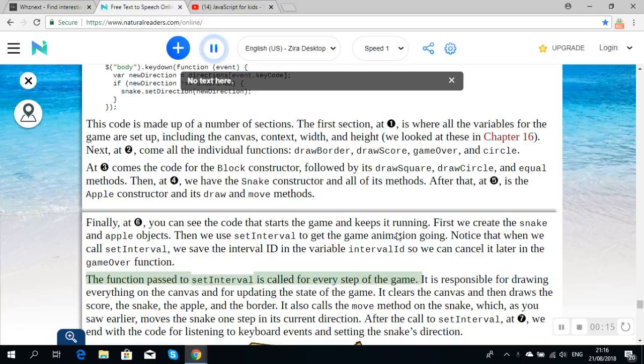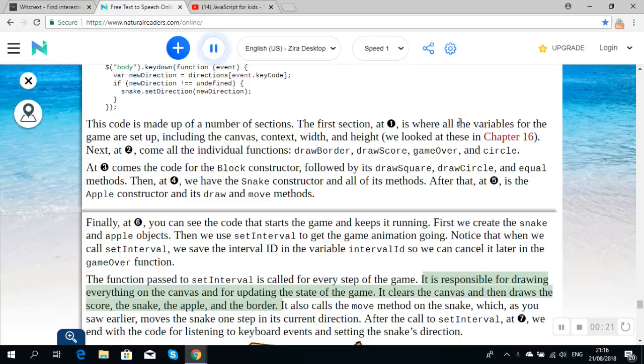The function passed to setInterval is called for every step of the game. It is responsible for drawing everything on the canvas and for updating the state of the game. It clears the canvas and then draws the score, the snake, the apple, and the border. It also calls the move method on the snake, which, as you saw earlier, moves the snake one step in